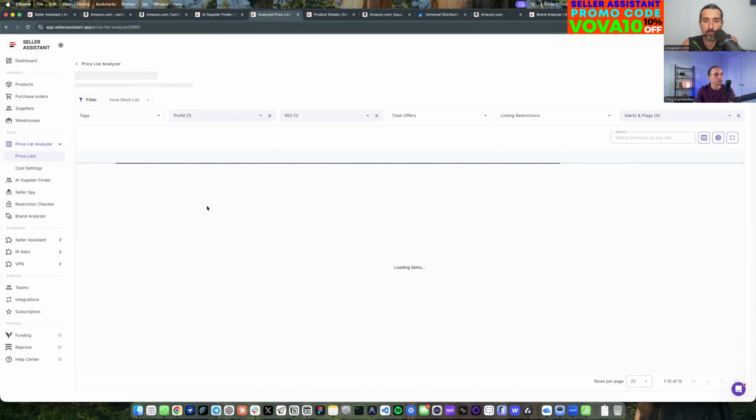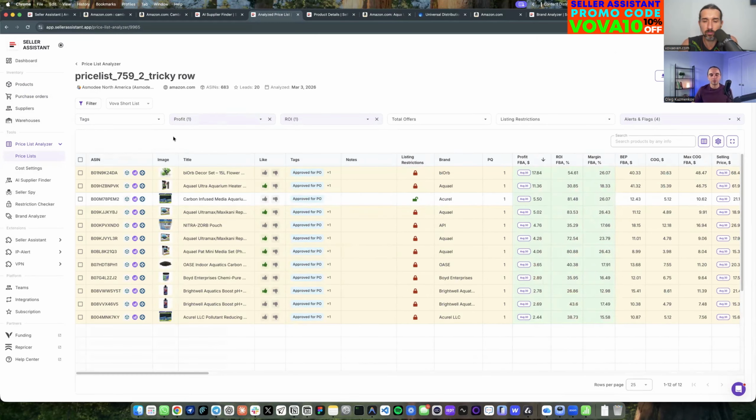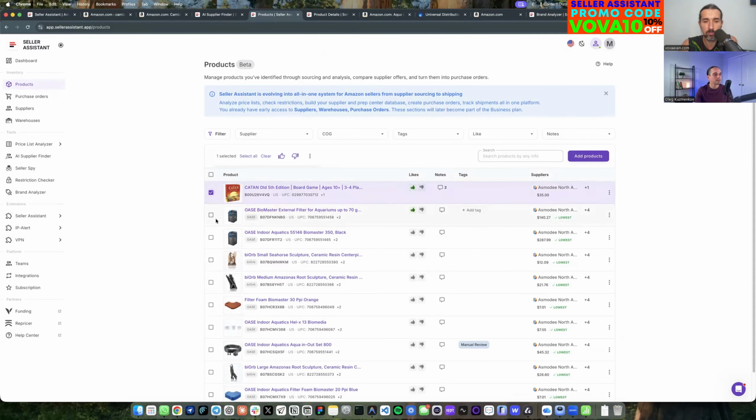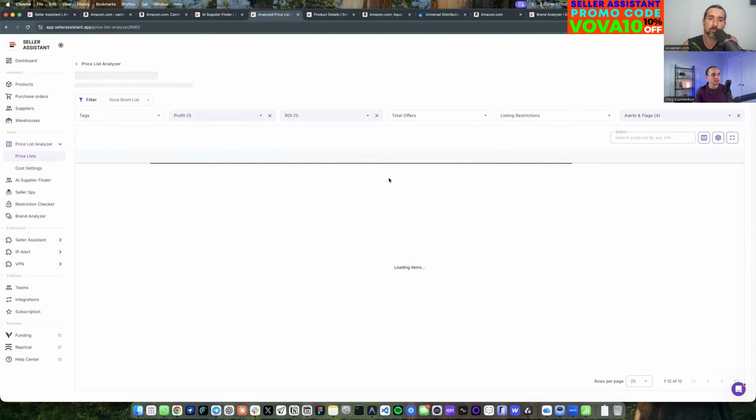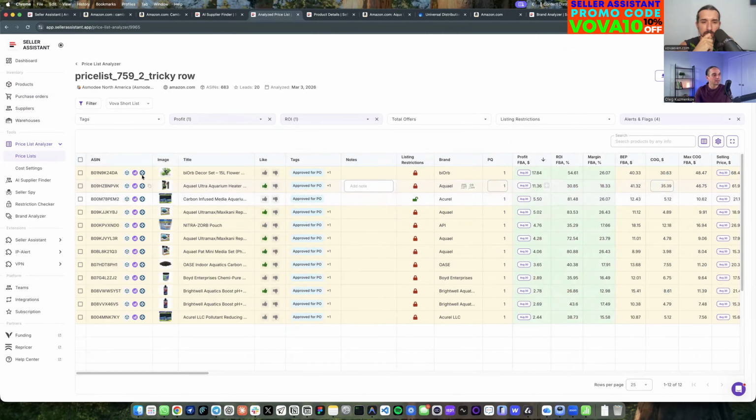For example, you're going to order products from a specific supplier, right? You just pick them and send them for, like, we will add these buttons soon, it's not ready yet. You send it to product analysis, and you'll get the price list analyzed like this. And then you see if it's profitable, and you can just go to your